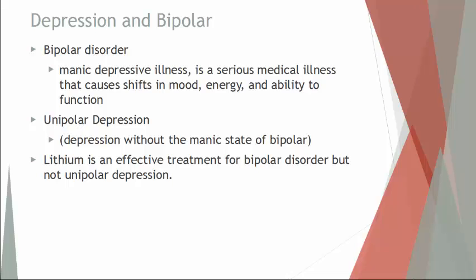Bipolar disorder used to be known as manic depressive disease, and it's called that because the manic is the very happy, very excited stage, and then depression is, of course, the very down stage. So that's why this is called bipolar. Bi meaning two, and then polar because these are two polar opposite situations. Very, very sad, depressive state, and very happy, very excited, almost over the top excited, the manic stage.